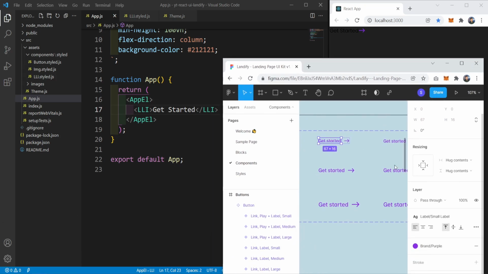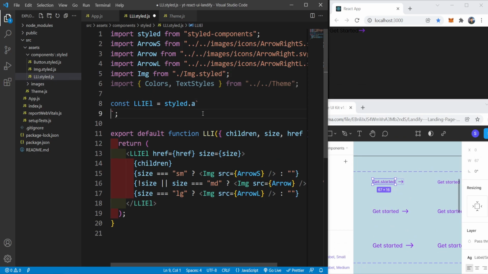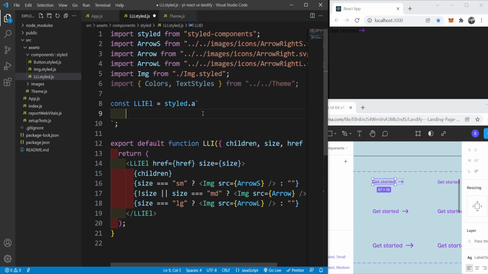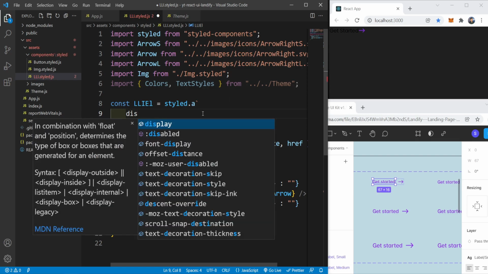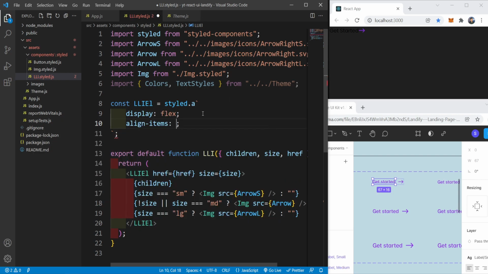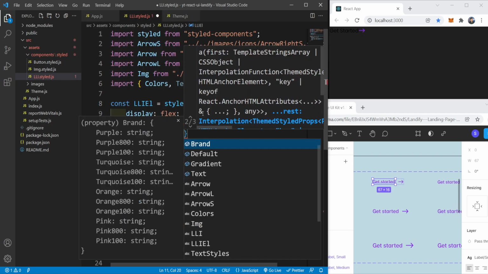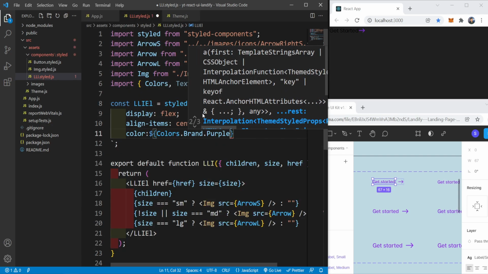The color is the purple, so in here I will set the display to flex, align items center. The color is going to be colors dot brand dot purple,